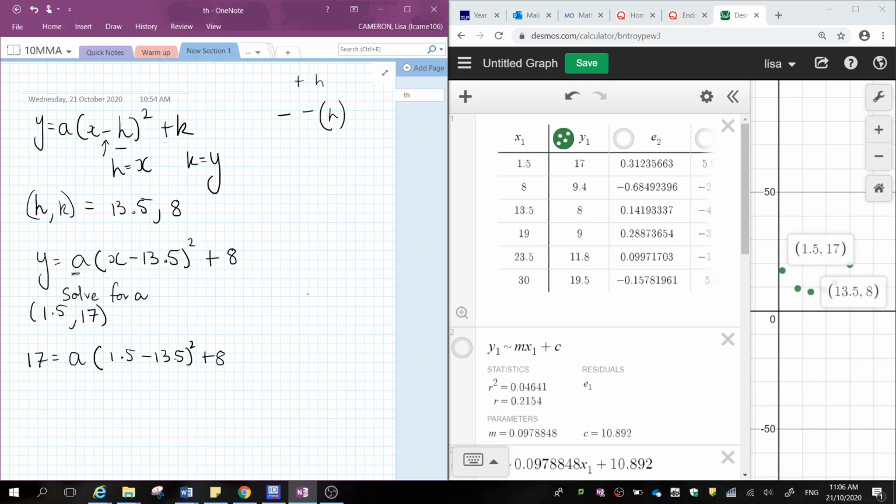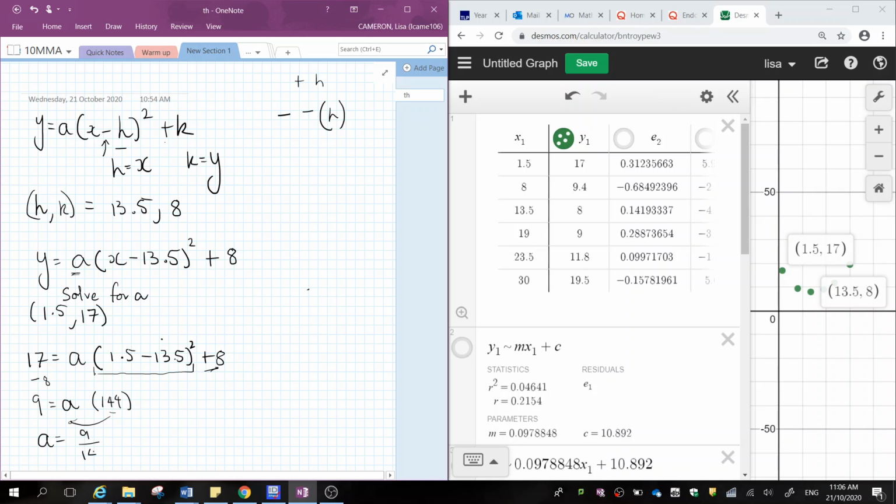So first thing I'm going to simplify is this section here. I'm just going to pop that into the calculator to get a value. And I'm also going to move this 8 to the other side by subtracting 8. 17 minus 8 is 9 equals a, and that other value is (1.5 minus 13.5) squared, so that's going to give me 144. Next step is to move this to the other side, which gives me that a is equal to